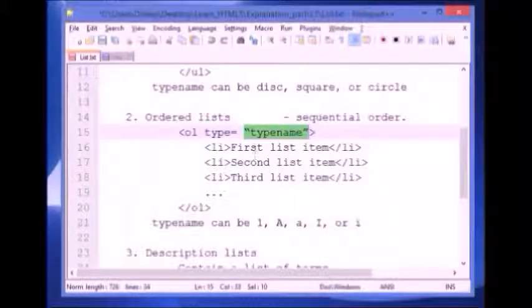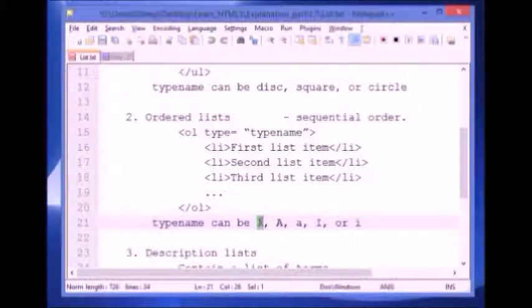For the type name we can specify 1, capital A, then capital I and small i. So these type names basically specify the sequence numbers that the web browser will use in order to create that ordered list. Like if we mention type name 1,